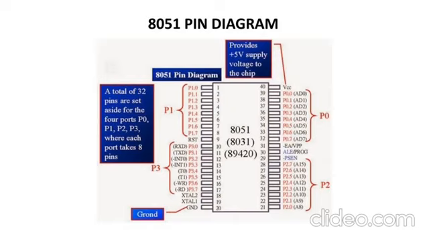Now after writing all 40 pins, first take pin number 20 and pin number 40. Write 20 as ground. The 20th pin is the ground pin, whereas the 40th pin is VCC supply. A plus 5 volts DC power supply is given to 8051. So 40 is the VCC pin, 20 is the ground pin.